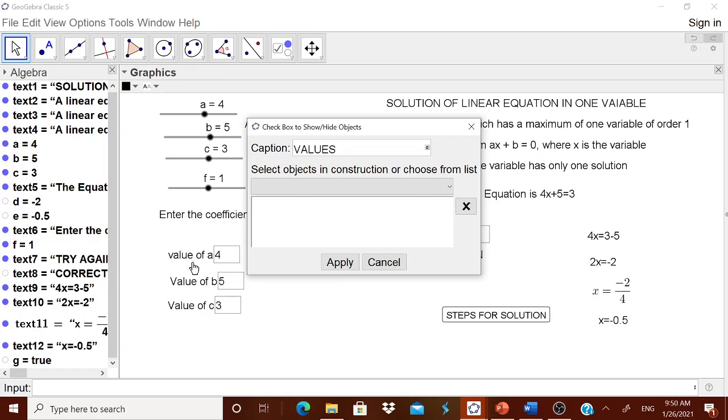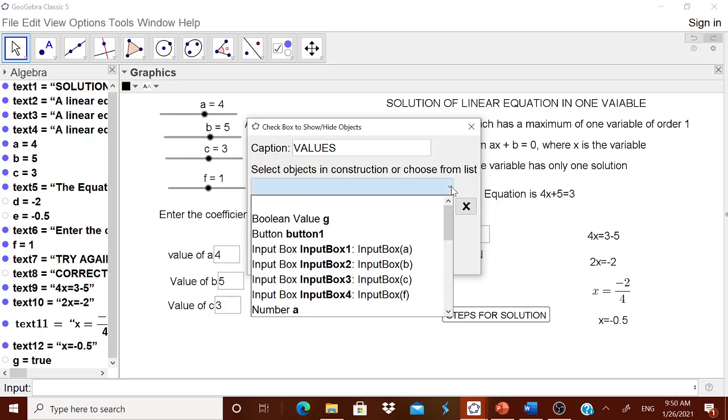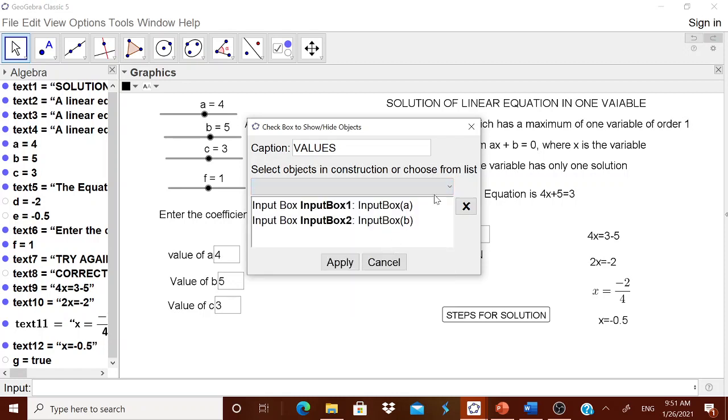Value of A is equal to 4, value of B is equal to 5, value of C is equal to 6. These are all over here now. Therefore what you do is, here you can have them enter the values: input box A, then input box B, then input box C.